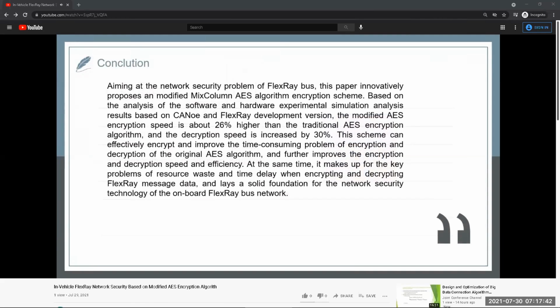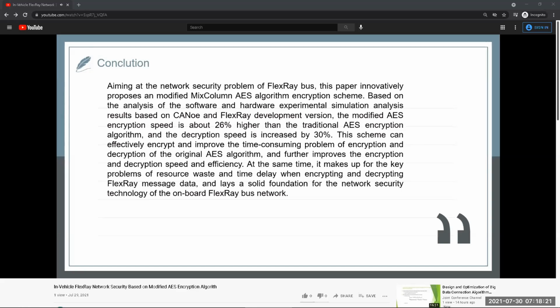The last is the conclusion part. Aiming at the network security problem of the FlexRay bus, this paper innovatively proposes a modified mix-column AES algorithm encryption scheme based on the analysis of the software and hardware experimental simulation results based on the CANoe and FlexRay development board. The modified AES encryption speed is about 26%